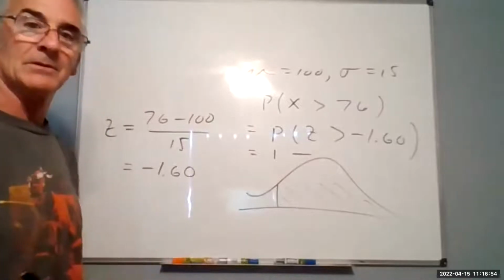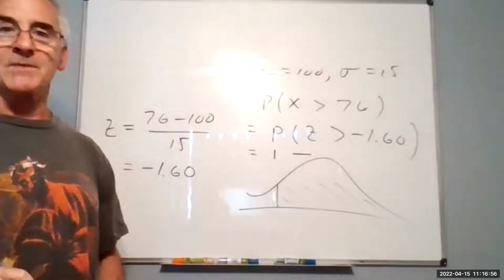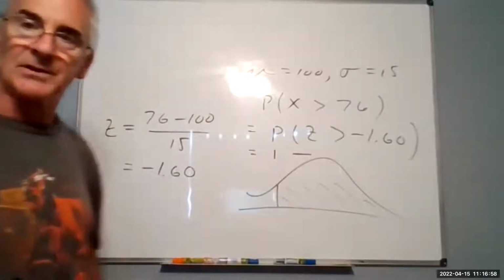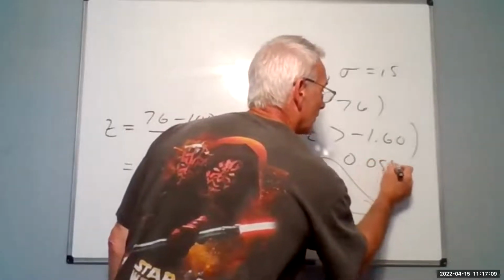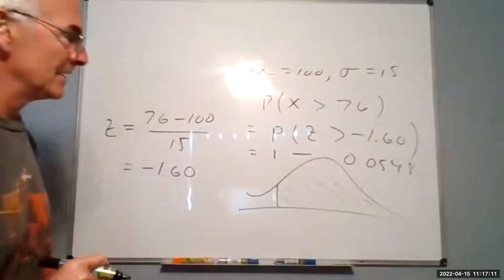So my answer is going to be 1 minus that number. So when you look up negative 1.60 in the table, what probability do you get? 0.0548. Does everybody agree with that? Yes. So 1 minus that would be